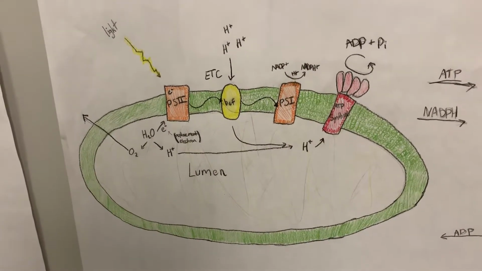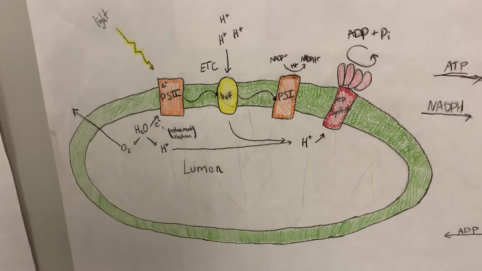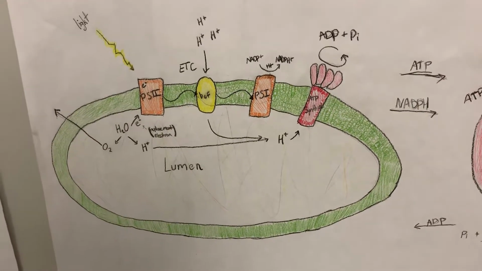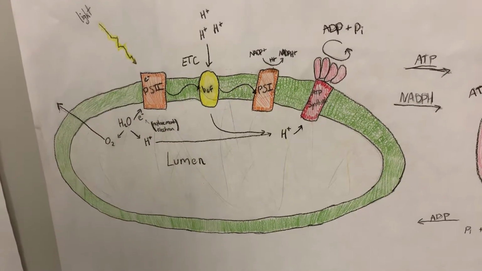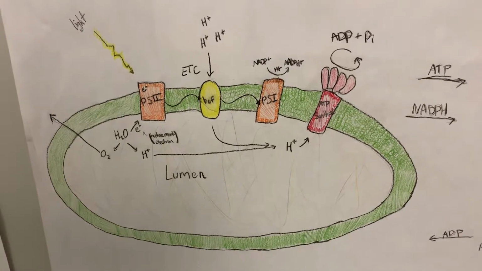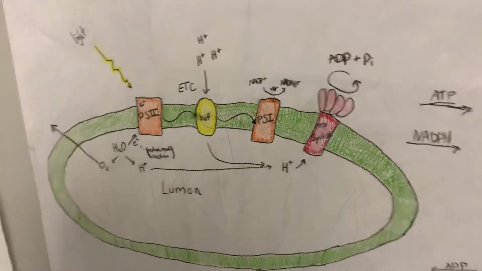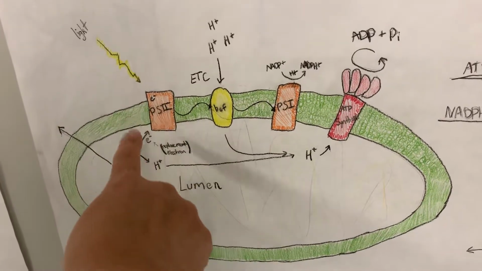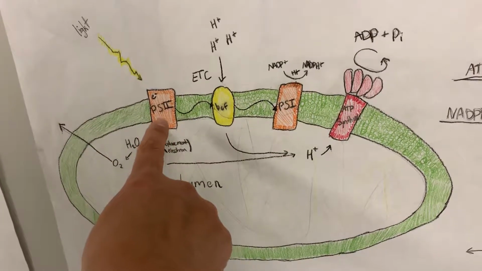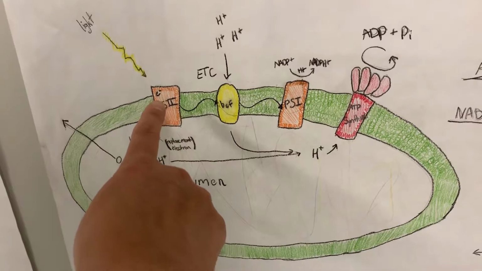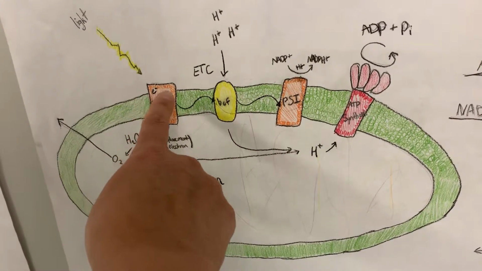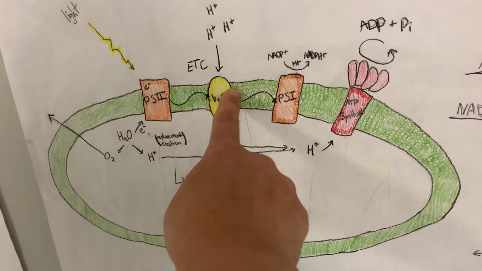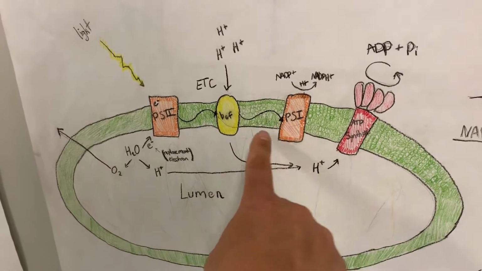Okay, I wanted to walk you through some of these posters to make sure that you've got the process right. And so let's start with this one. So you can see the light is coming in, hitting photosystem 2. And at that point, that energy excites the electron and makes it go through the electron transport chain, which, when